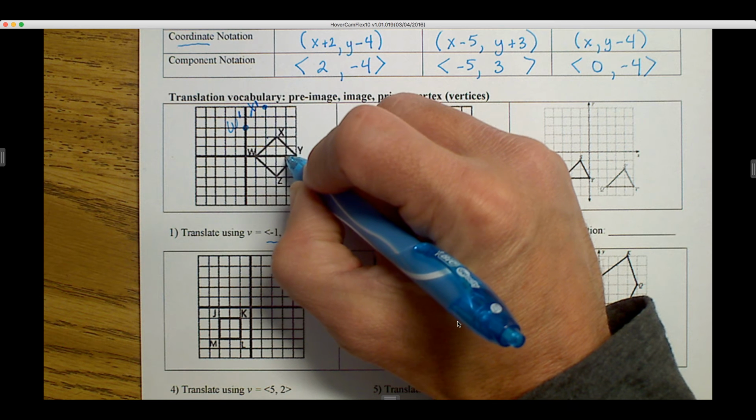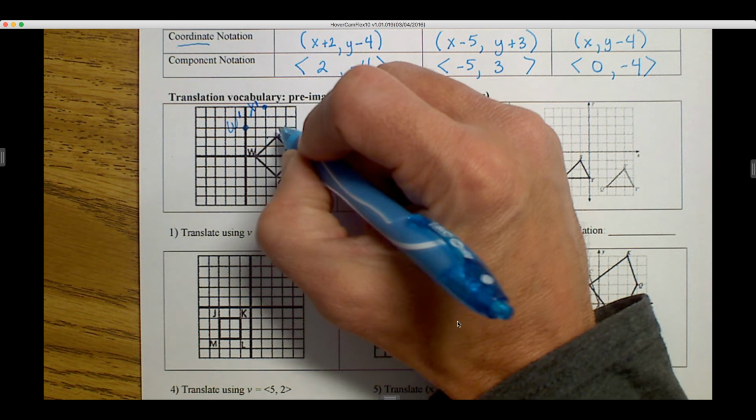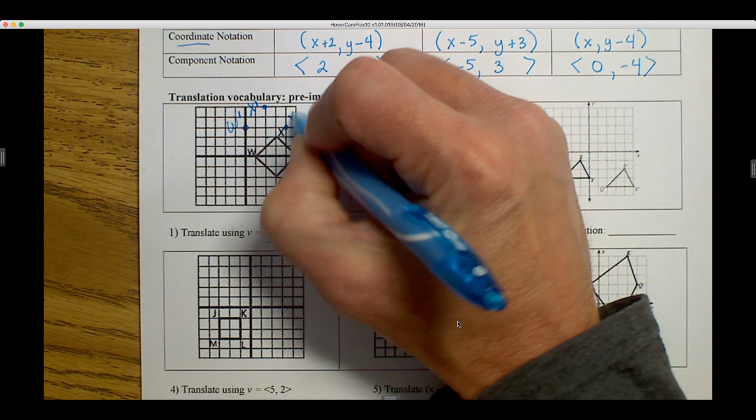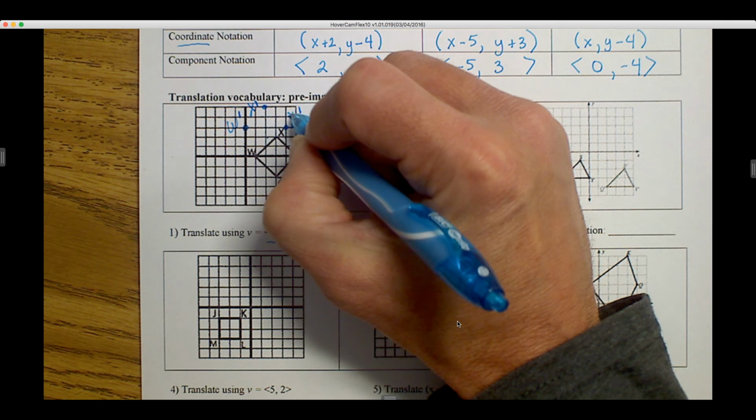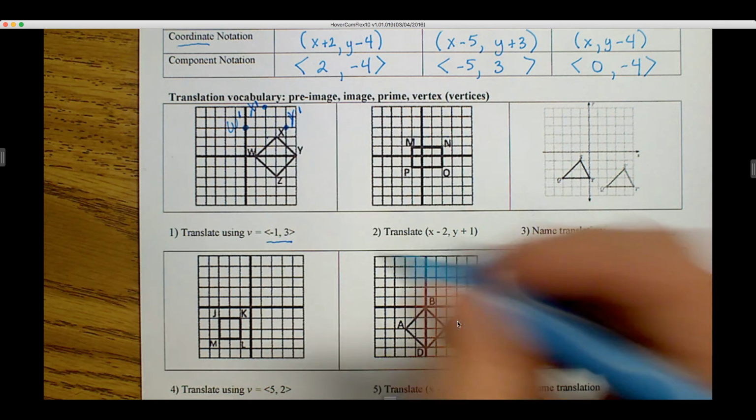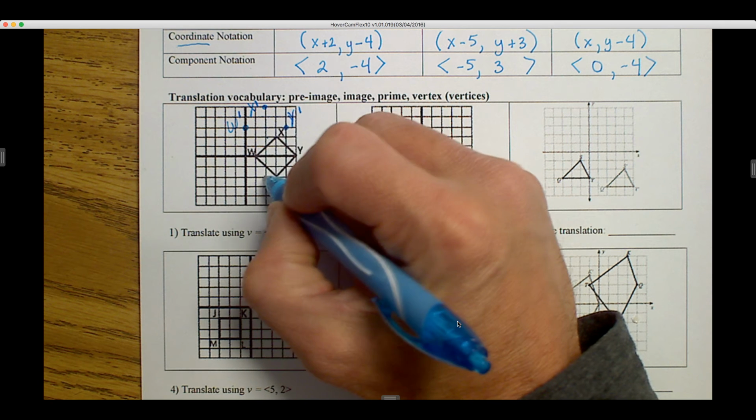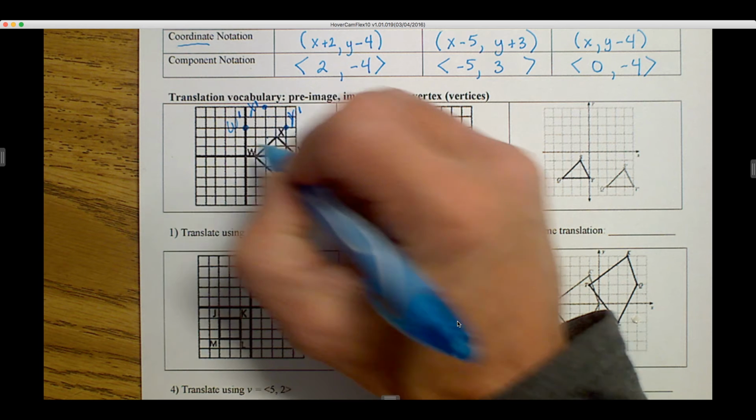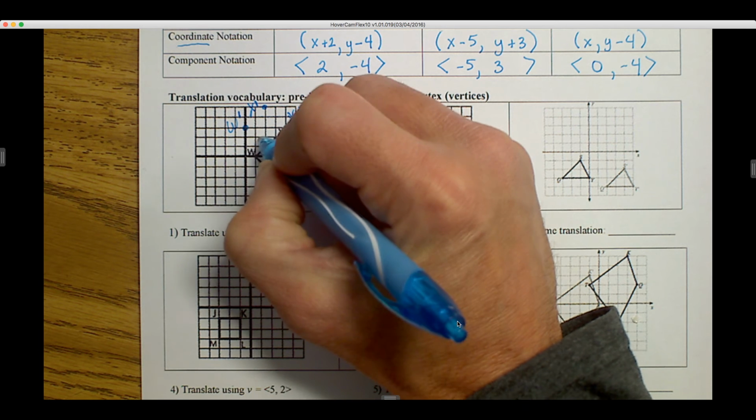Y, 1 unit to the left, 3 units up. And we call that Y prime. Just like an exponent of 1. Z, 1 unit to the left, 1, 2, 3 units up. Z